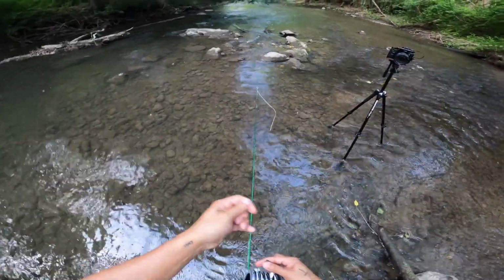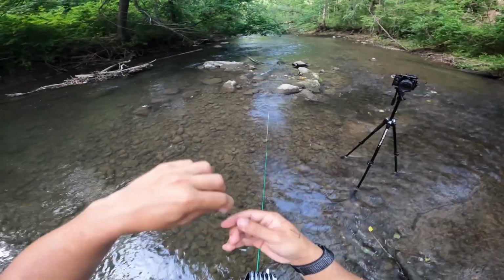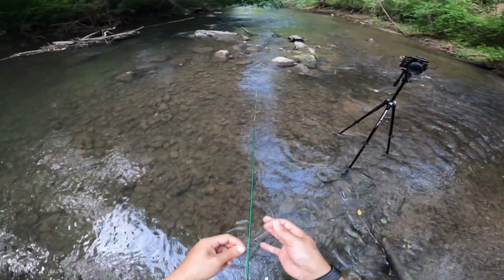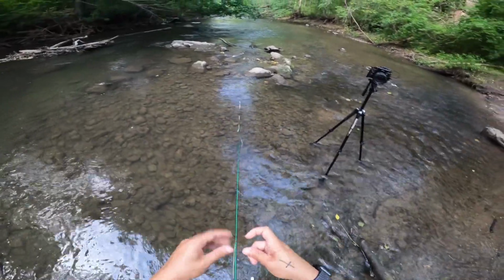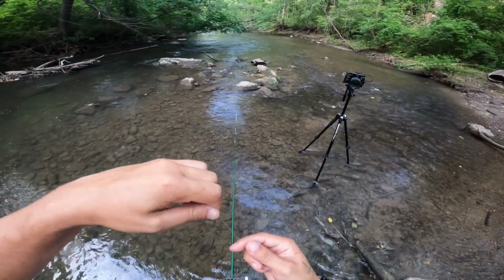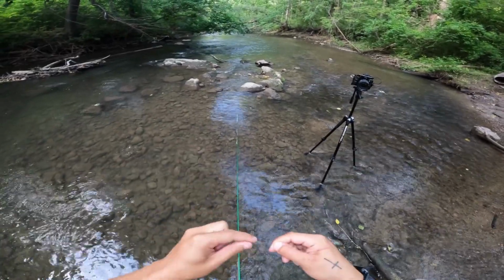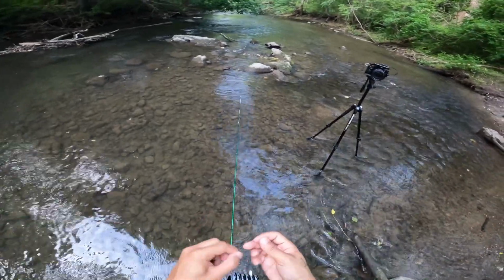Like one of my Instagram posts a couple of weeks ago, I hooked into like a 20-inch brown. And that's the same creek, just a little further along, but that's the thing, is you might catch like the tiniest trout you've ever seen, and you might hit a whole day of those, or your personal best fish or something. So